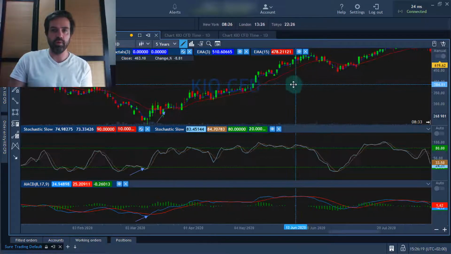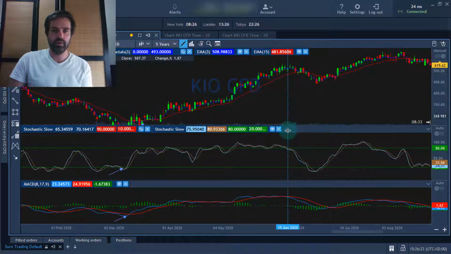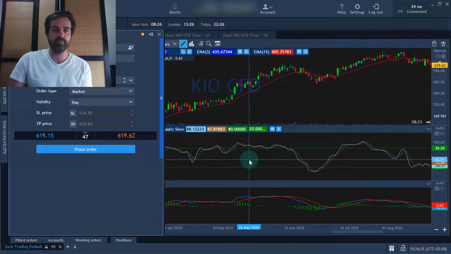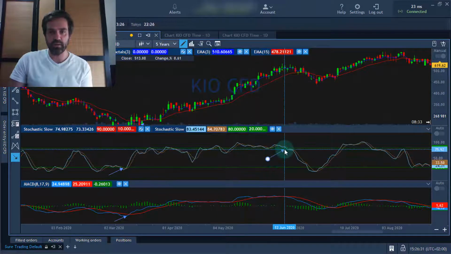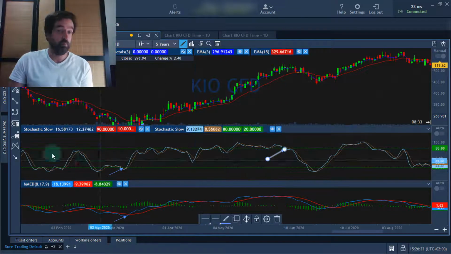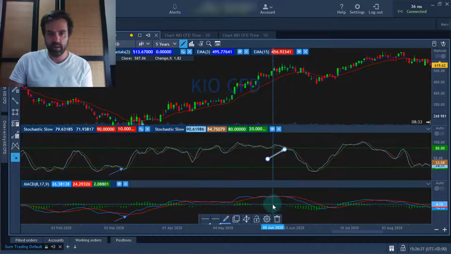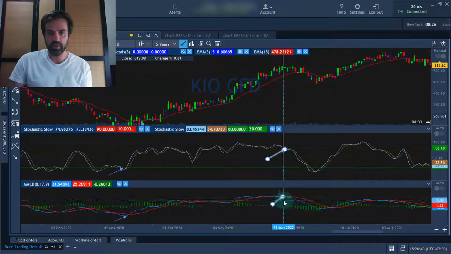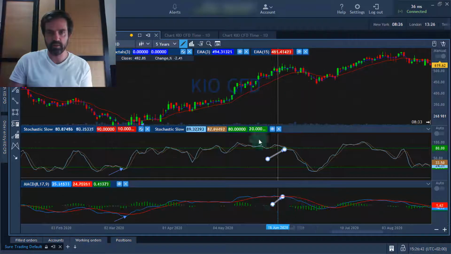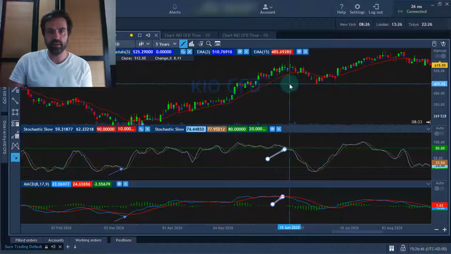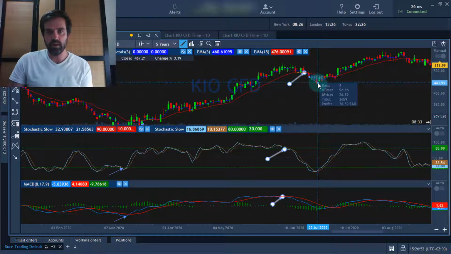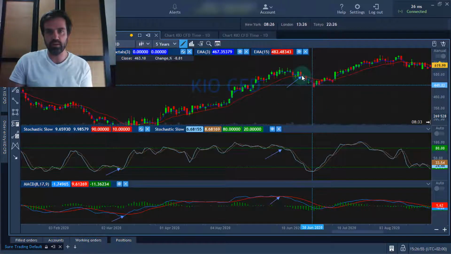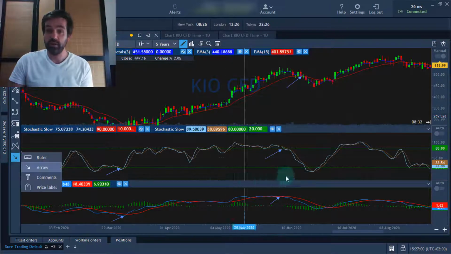Let's have a look at another example in a downward trend. So the first thing that normally happens is the stochastic turns downwards, and that happened over here. Pretty much at the same time, on the same day, the MACD turned downwards. As you can see, the histogram went into the negative, and a few days later the moving averages crossed, so you would enter around about there. This one wasn't as successful, but you could still have made a bit of profit in this little downward move until it changed direction,